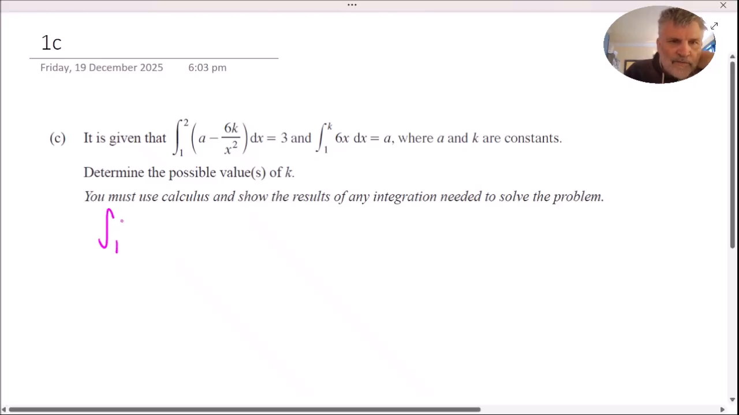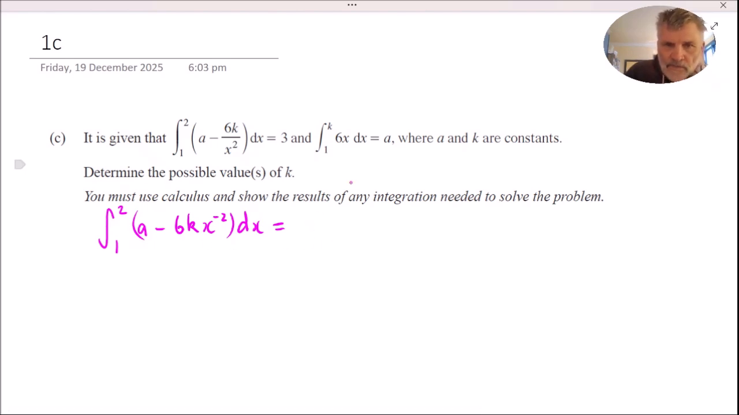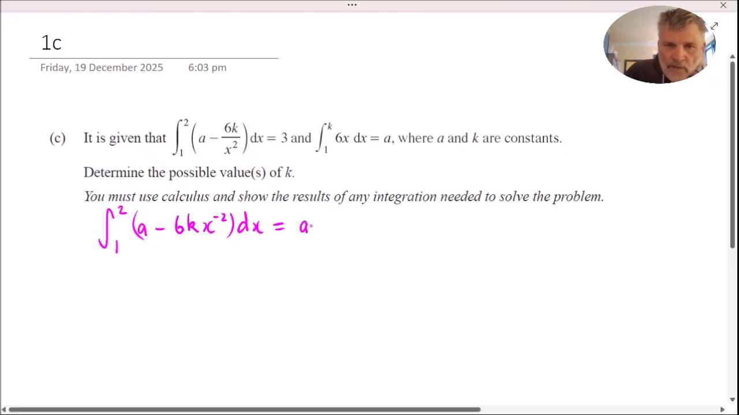So the integral from 1 to 2 of a minus 6k, and I'm going to write this as x to the power of minus 2 as I write it out, dx. We know it's 3, but we're performing the integration here, so integrate a constant, a and k are constants, we just get a times x, and then minus 6k, add 1 to the power, becomes x to the power of minus 1, divide by the new power. Dividing by minus 1 is going to change this to a positive sign, and then we're done. And we want to evaluate that